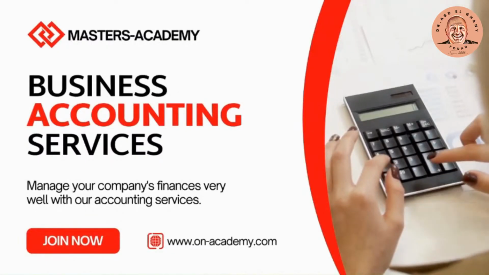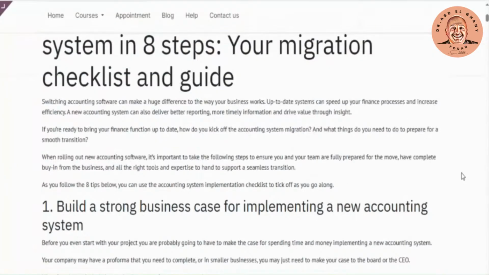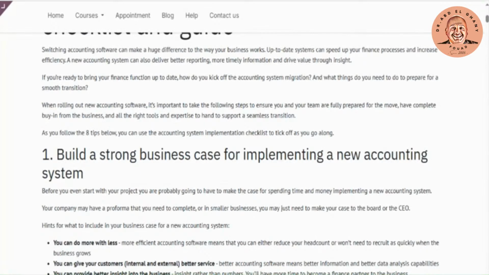Implementing a new accounting system, 8-step guide. How to implement a new accounting system in 8 steps. Your migration checklist and guide. Switching accounting software can make a huge difference to the way your business works. Up-to-date systems can speed up your finance processes and increase efficiency. A new accounting system can also deliver